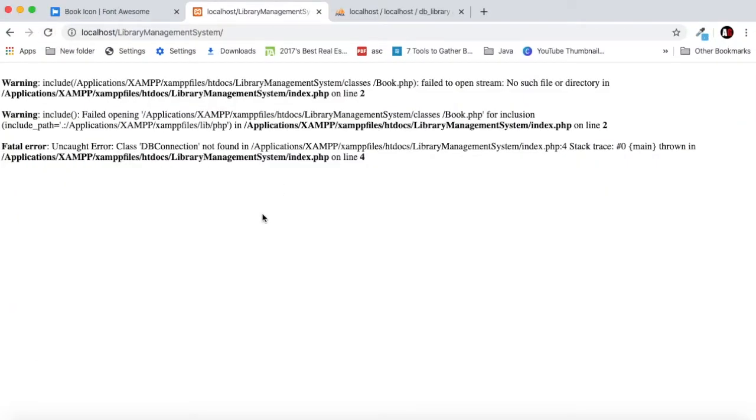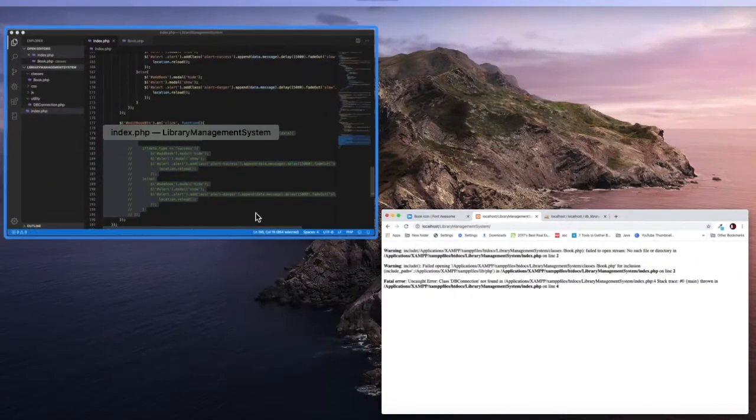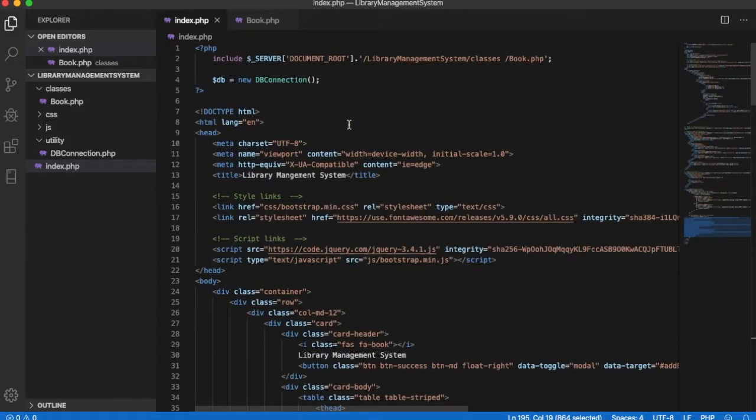Let's refresh this. Okay, so failed to open a stream book.php. Okay, we're having this inside the .2, so we don't have index.php. We're having this error because we haven't